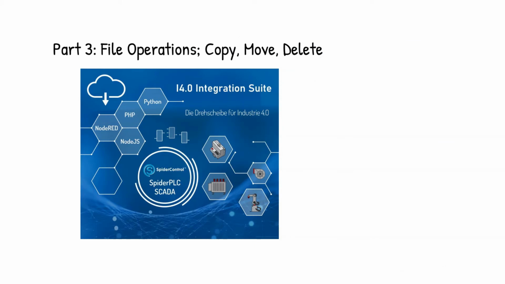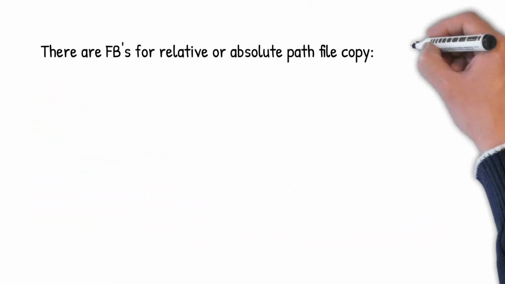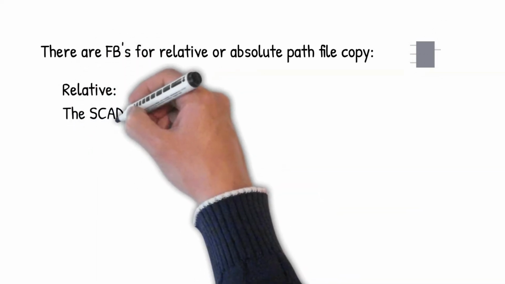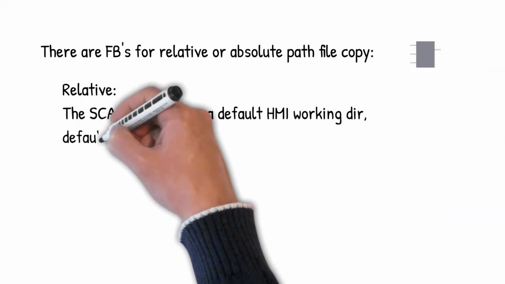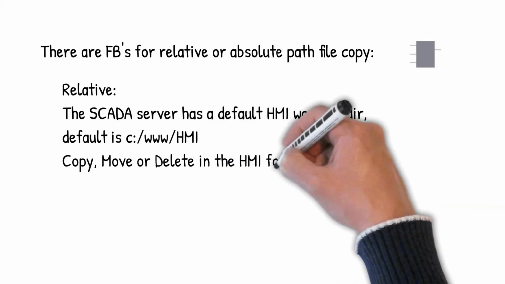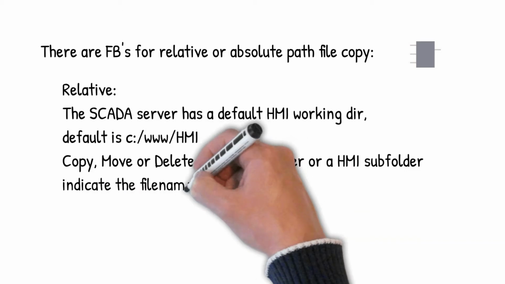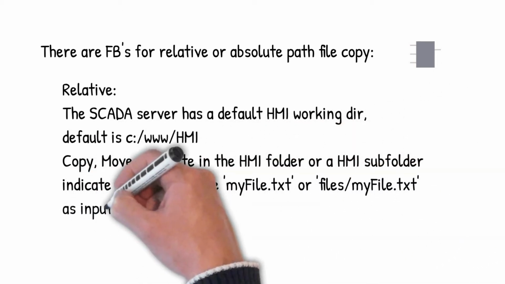Welcome to part 3, which shows file operations like copy, move, and delete. There are function blocks for relative or absolute path file copy. Relative path file copy means that the SCADA server has a default HMI working directory, which is like C:/www/HMI. You can copy, move, or delete within this HMI folder or a subfolder of it by just indicating the